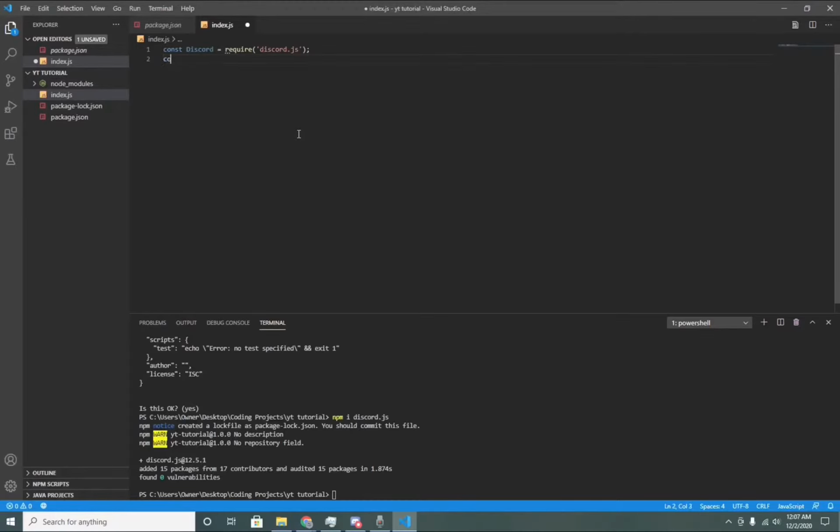Next we want to do const client equals new discord.client parentheses and there. This might actually need a capital. So you can actually change this to bot, whatever you want. It's pretty easy though to just use client, but yeah. So next we need to log into our bot. To do that we need to do client.login parentheses. Here's where we would normally put our token, but